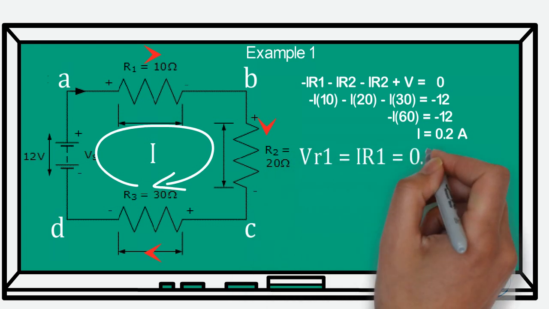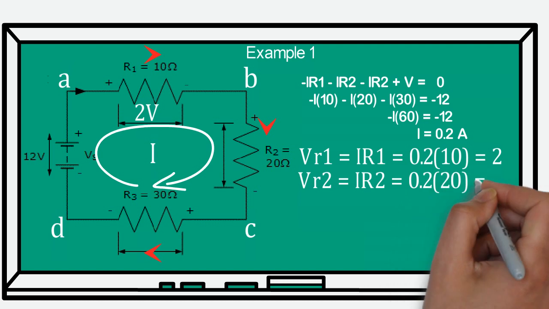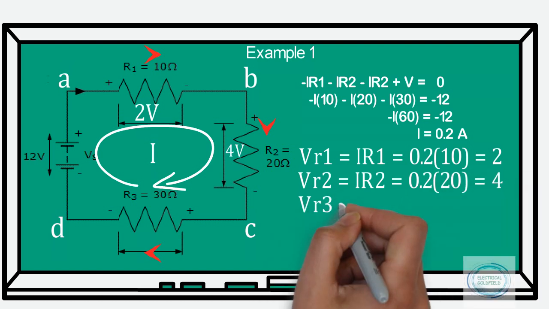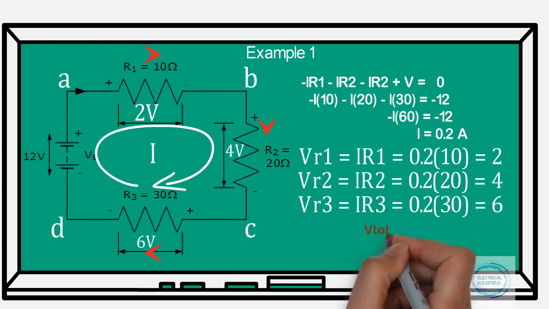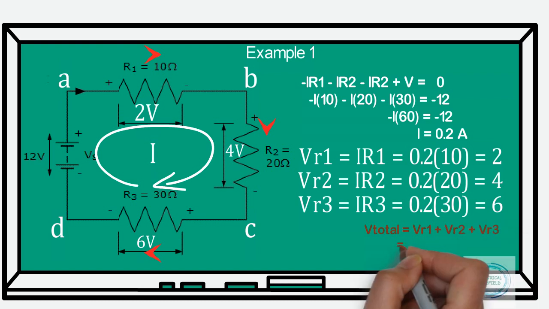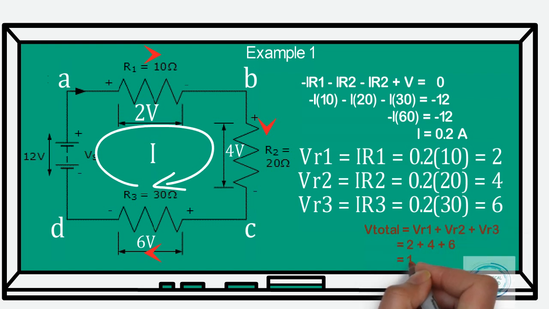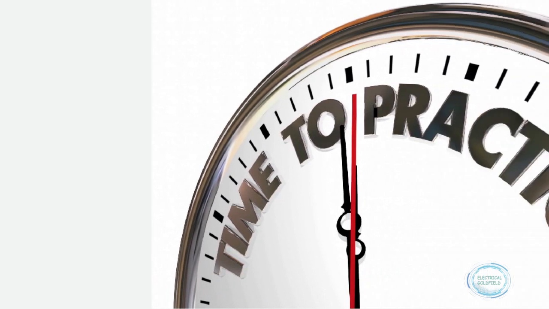After this, we can also find the voltage drop in all resistors by Ohm's law, that is, the product of current and resistance. The statement states that the summation of voltage drops in the loop is the same as the voltage source, and it is conservation of voltage. It was only one loop. Now we will practice on a two loop circuit.